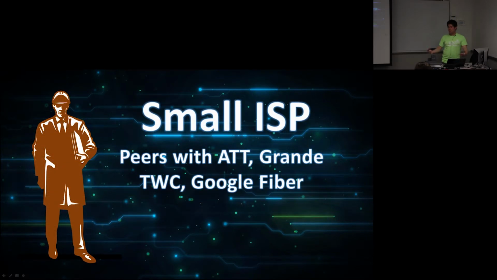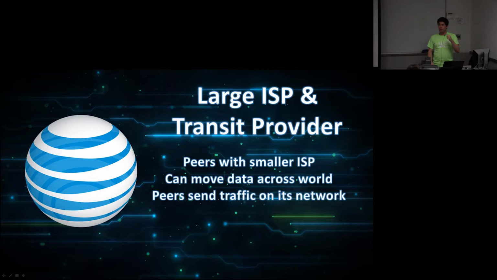So just to review, Joe Bob is a small ISP. He peers with AT&T, Grande, Time Warner Cable, other larger ISPs. Now AT&T is a large ISP, but also it's a transit provider. So AT&T might own cable to get data from, let's say, New York to London. They actually own a physical cable. And they will go up to you in the New York Internet Exchange, be like, hey, for every megabyte of data we get from New York to London, you pay us $8. And we can get it to you there in 100 milliseconds or something like that. So that's where the money-making part of the internet is, actually owning that back-end infrastructure.